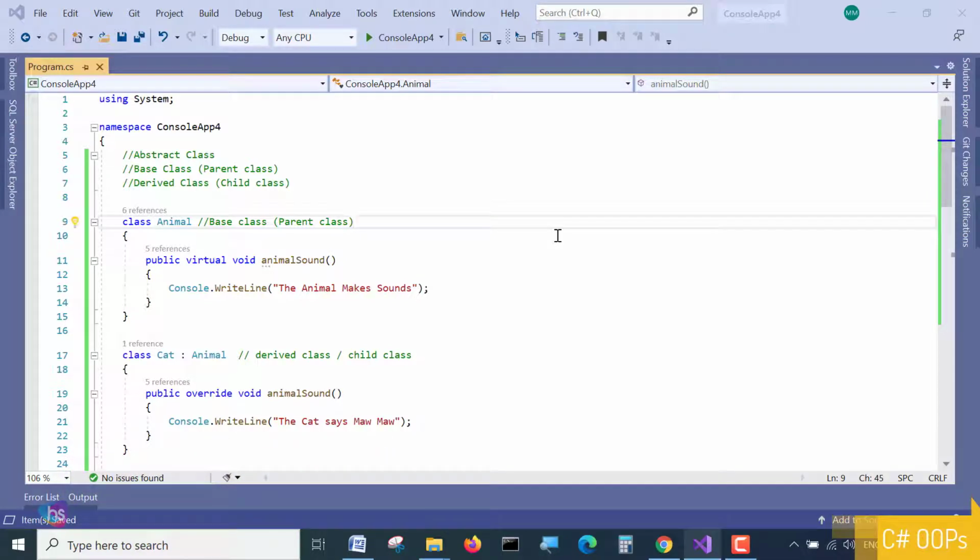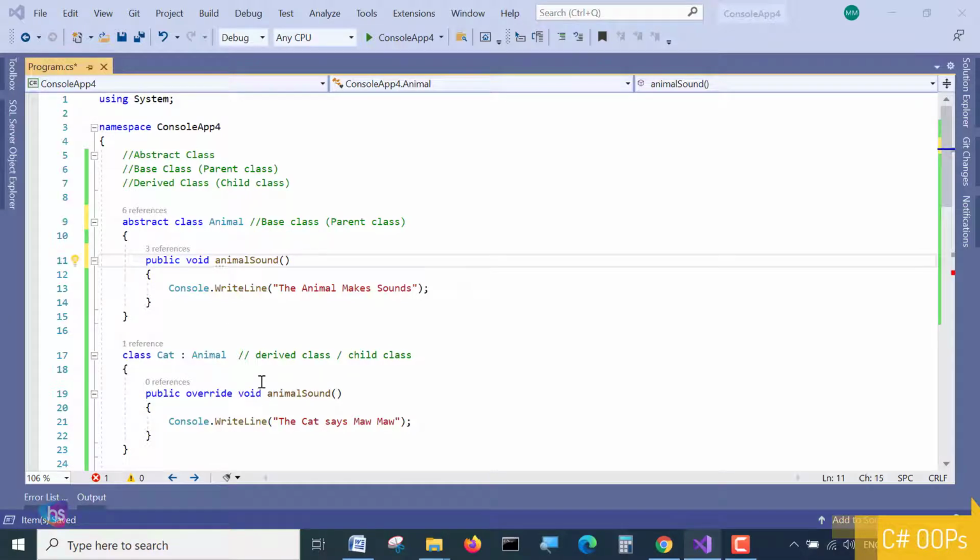So how am I doing it? Just observe here: the class Animal is the parent class. Here I am adding abstract. That's it, a keyword I added, so it will be converted into an abstract class. And I am implementing a method inside which is already here. It has the keywords void virtual, so I am removing this virtual.